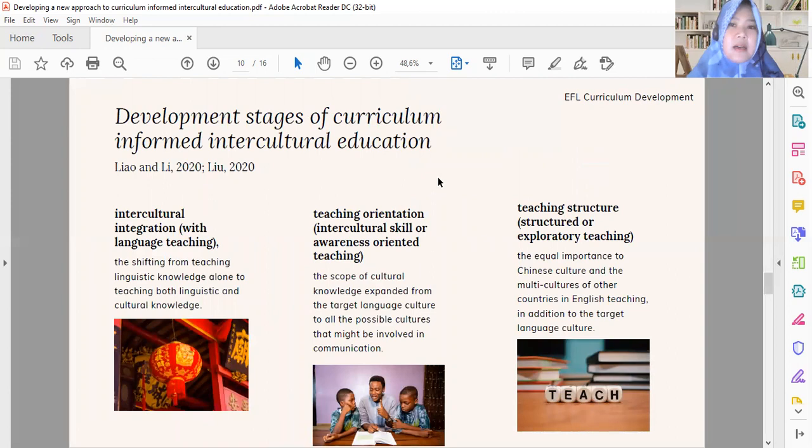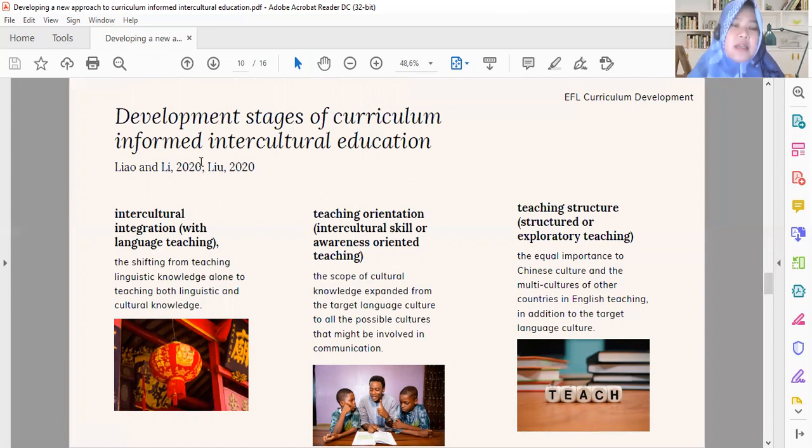And to be more detailed, I also reviewed the current study conducted by Liao and Li 2020, and also Liu 2020, about the development stages of curriculum informed intercultural education.